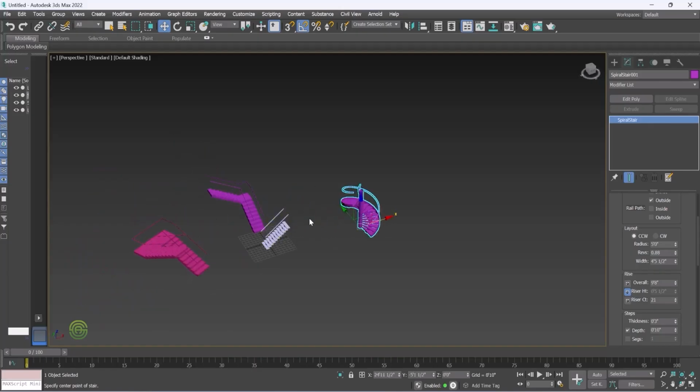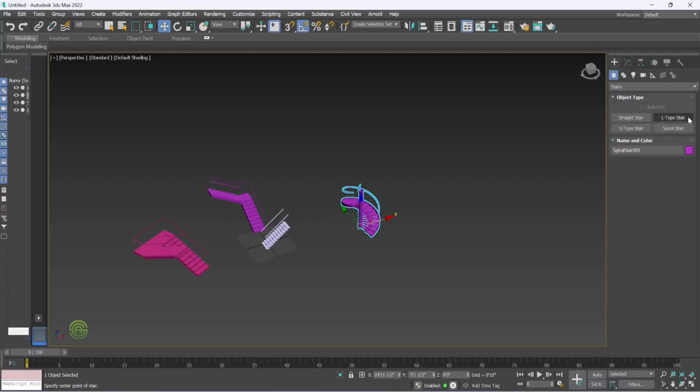So like this, we can create staircase using these options: straight stair, L-type stair, U-type stair, spiral stair. Like this, we can create staircases. And we can also create staircase by our own method. We go to standard primitives, create a box,